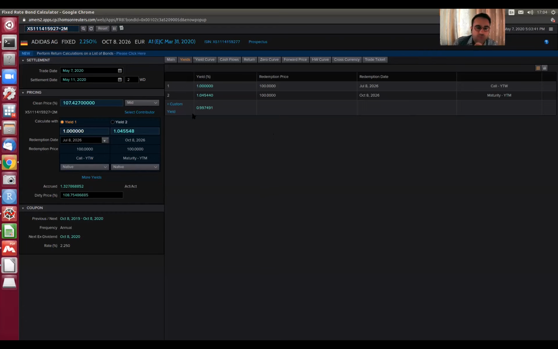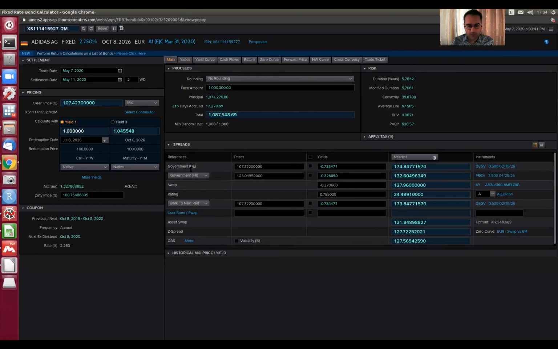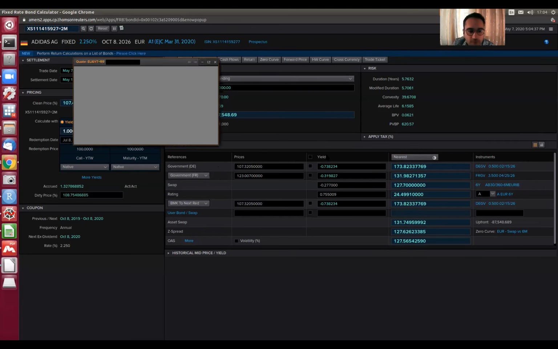But you can do it more easily here. For example, if you have a long-term bond that is also liquid, like here, you can look at the spreads and compare it to the most similar bond of the German government. If you select the nearest here, you can see that these two bonds are the most similar. The German government bond is expiring in 2026. So you can open this, for example, to see